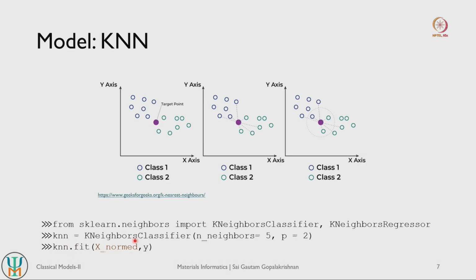Keep in mind that you should use normalized features here as much as possible, because k nearest neighbors models, since they are instance based learning models, are very sensitive to feature normalization. If you use unnormalized features, then the data points that are identified as nearest neighbors can be very different compared to if you use normalized features. So the advice is always to use normalized features in k nearest neighbor models.